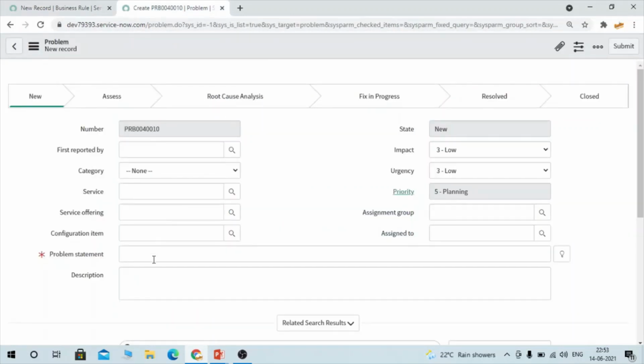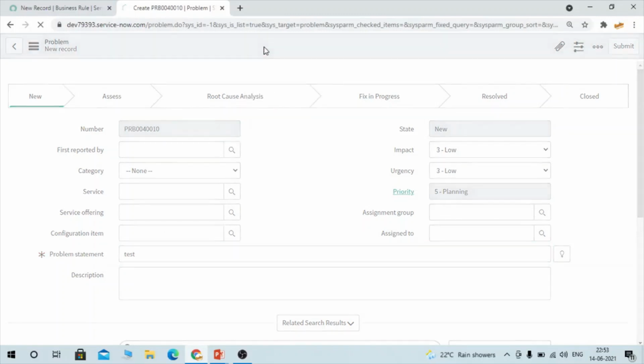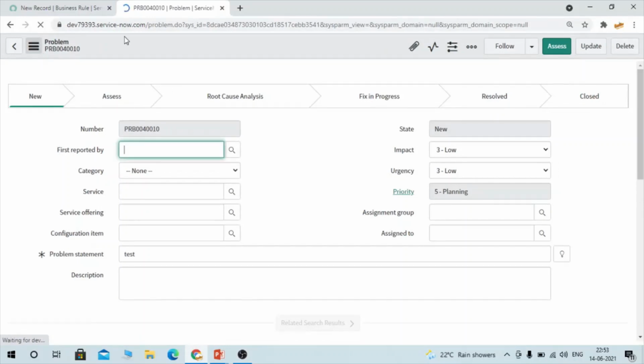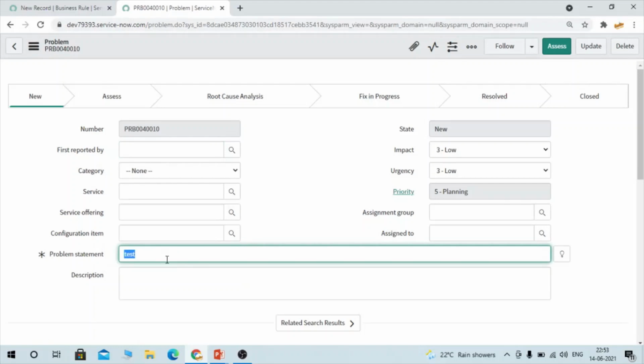So do one thing, I'm creating one record. You could see we have given a test, so only the test is being populated here. Whatever we have given is there, but the short description is not populated with the domain name.